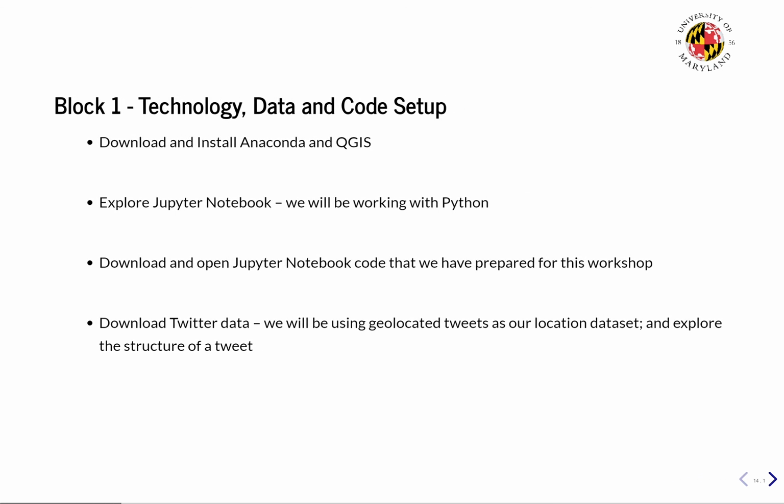So this is an expansion of what the first block would contain. In this block, we will learn how to set up the tools that we need for this workshop, which include Anaconda and QGIS. I will not go over the step-by-step tutorial for the installation. However, a comprehensive external link will be provided that will serve as a guide. We will then download the libraries that we need for proceeding with this workshop. After that is done, we will peek into the data and we will be using that data for the workshop to understand it better.